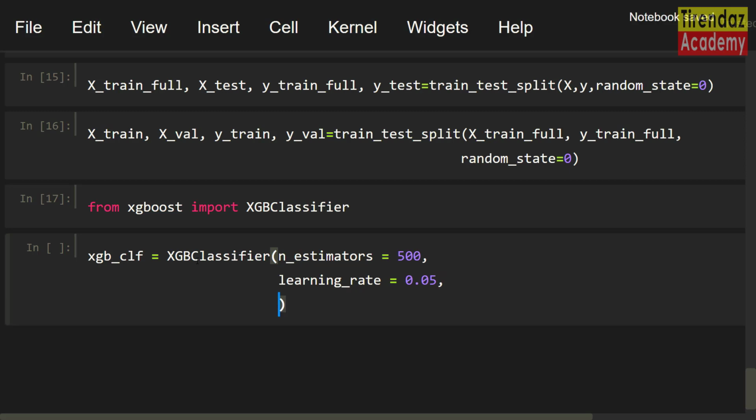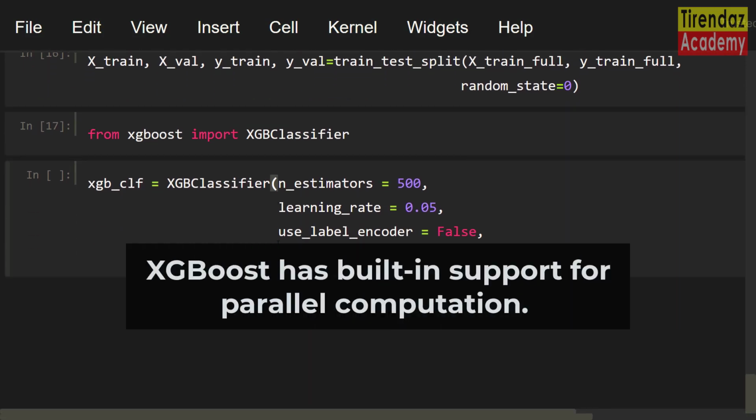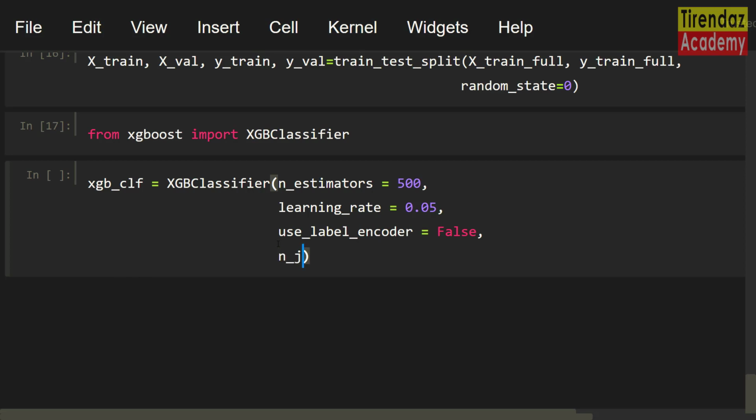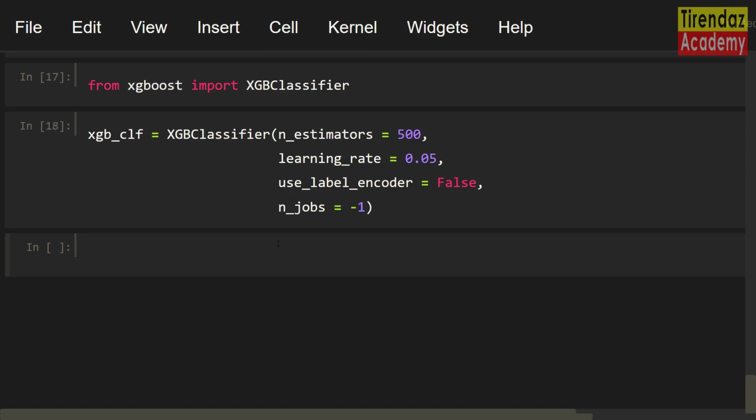I don't want to use a label encoder, so let me set use_label_encoder equal False. I'm going to use the value of -1 to use all cores on the machine, n_jobs equals -1. Cool! We created an object from the XGBClassifier class.